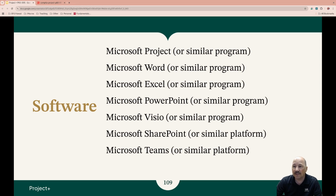Microsoft Visio, this is a great way to modify and edit diagrams. I still use it on occasion. I also use other tools. So Microsoft SharePoint, Microsoft Teams. One of the main reasons that I mostly use others is because of cost. These all cost quite a bit, and there are alternatives that cost less or just cost your privacy. Anyway,